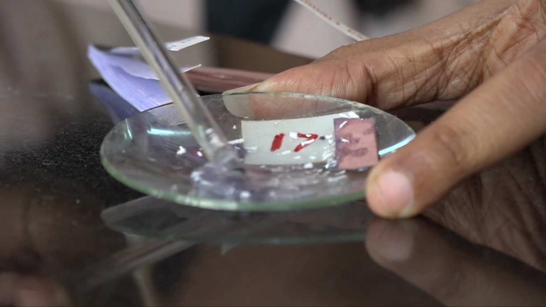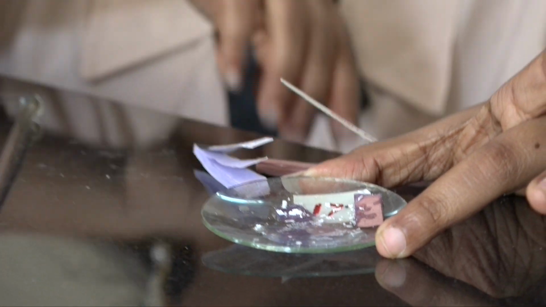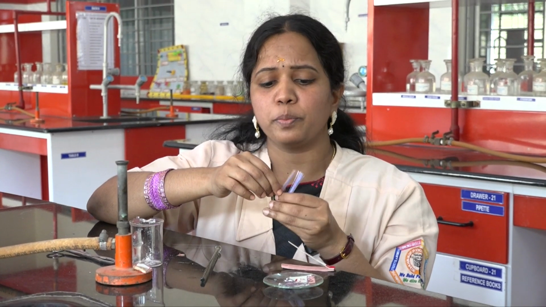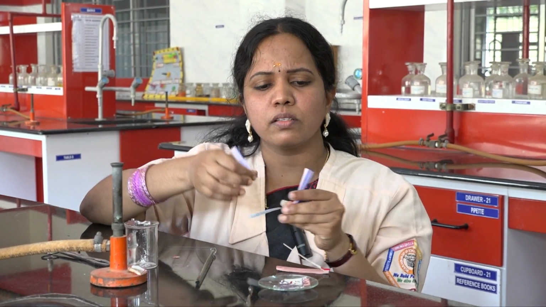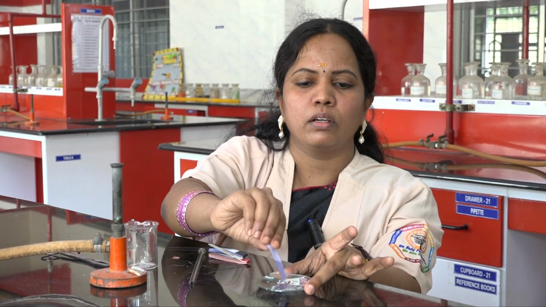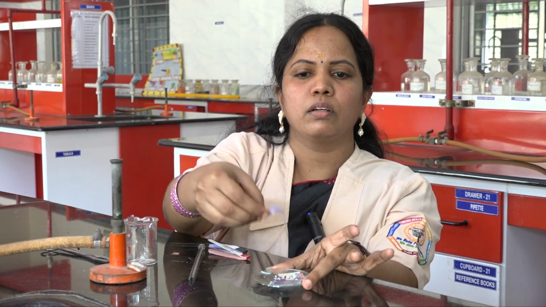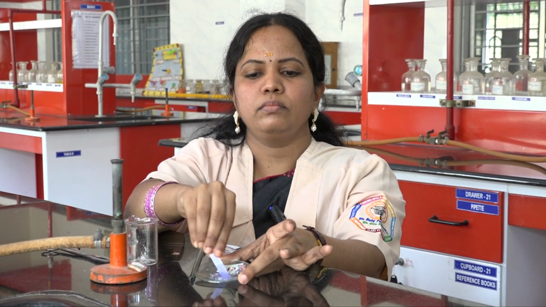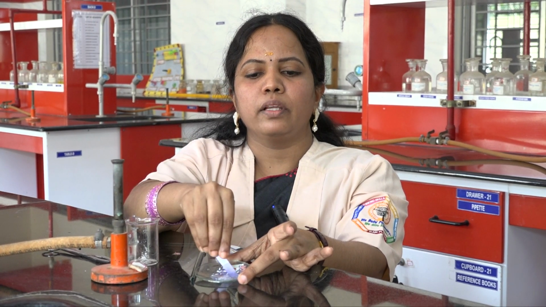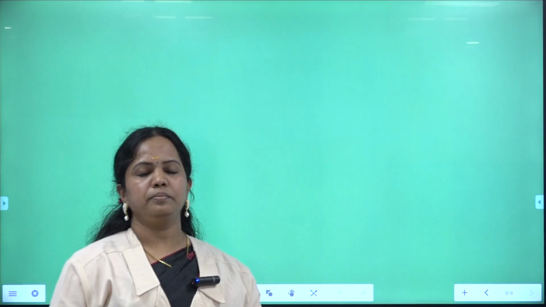So magnesium hydroxide is basic in nature, whereas if you check it with blue litmus paper, it remains blue. So we can say that magnesium hydroxide is basic in nature.